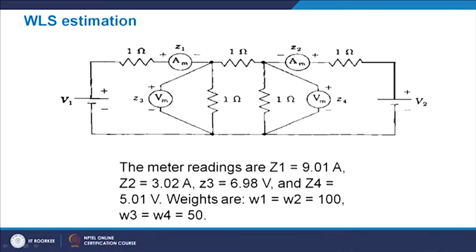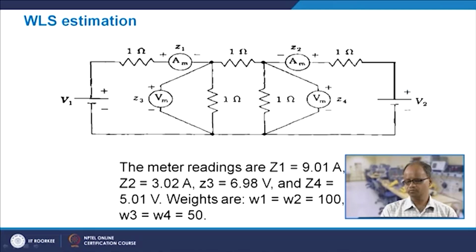Essentially what we are trying to measure is the current flow through this path, the current flow in this branch, the voltage across this branch, or essentially the voltage at this point, because this particular point is taken as the reference point. We are also measuring the voltage at this node with respect to the reference. And these meter readings are Z1 is 9.01 ampere, Z2 is 3.02 ampere, Z3 is 6.98 volt, and Z4 is